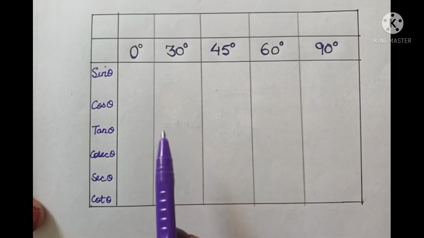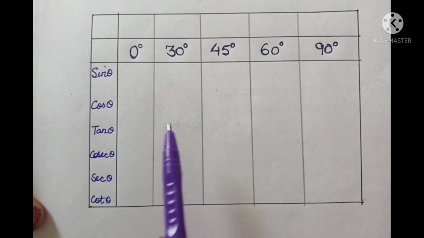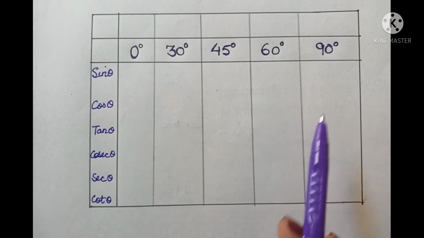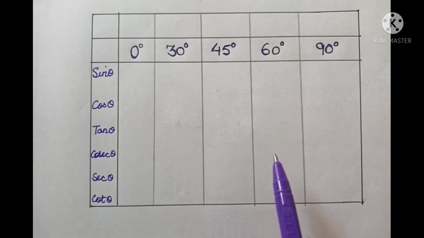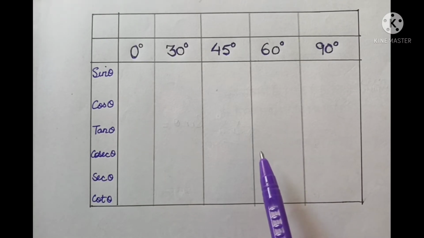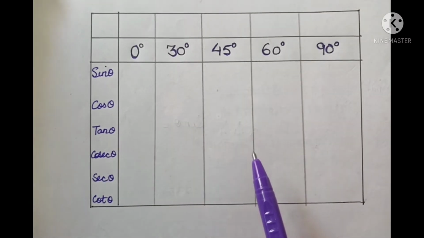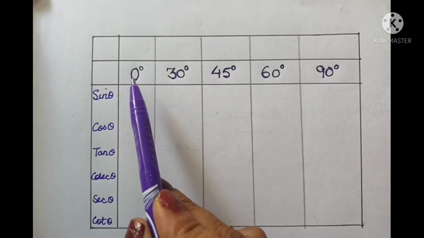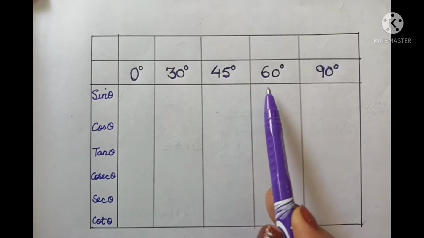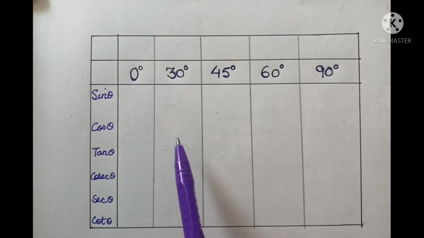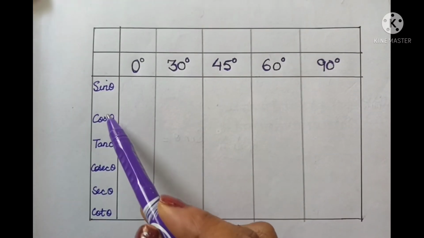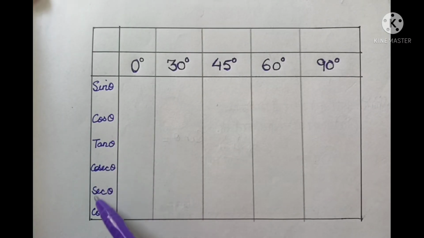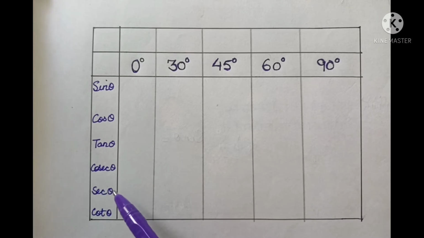In this video, we shall learn the method to make this complete table for the values of 0, 30, 45, 60 and 90. We will also be able to remember the values, but in the exam it will take you less than 1 minute to make this table. Let us see how. Write down 0, 30, 45, 60, 90 in increasing order, and sine theta, cos theta, then tangent theta, and these three reciprocal ratios in any order.